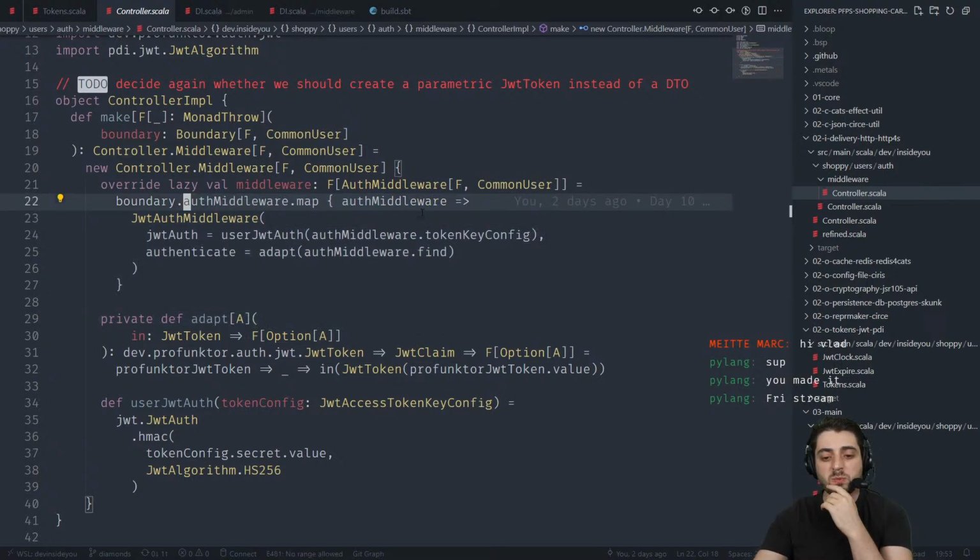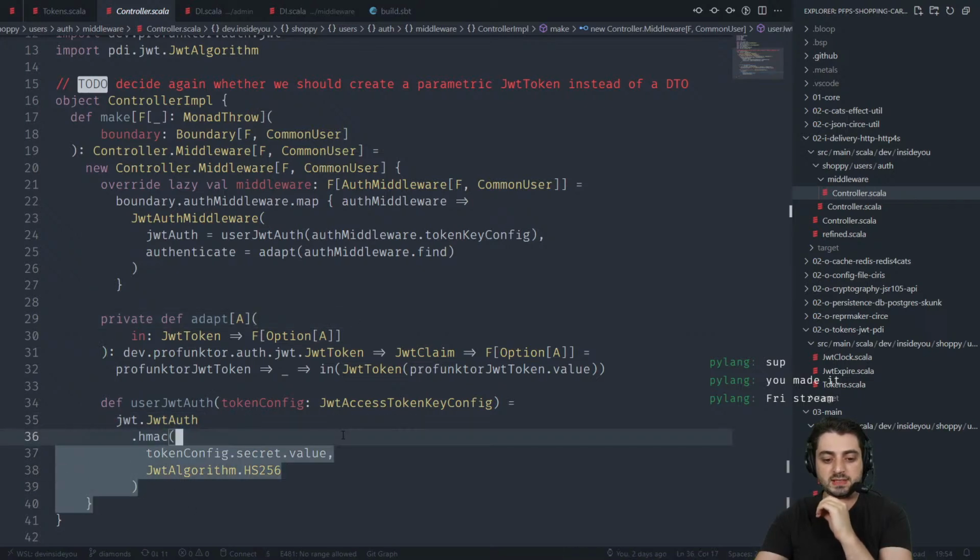Okay. Oh, also, one of the things was that I didn't like the fact that over here in this adaptation thing we need to transform this JWT token. I decided to try the parametric polymorphism thing once again, right? So instead of having our own JWT token, I would just parameterize over it all the time. But we're going to do it later. So the first thing, basically, is I want to get rid of this thing. Okay, so this thing I want to have inside of tokens, which means that